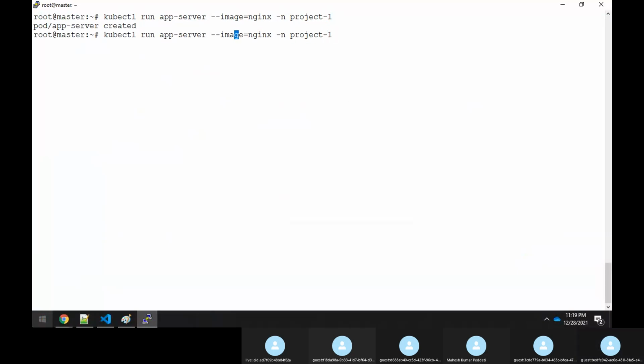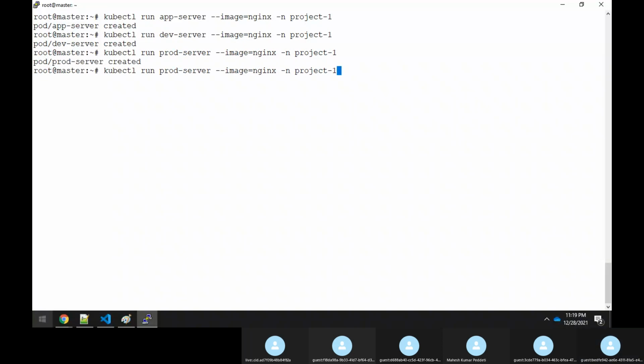Same thing: save-server, prod-server. Similarly, for project 2, prod-server, anything.